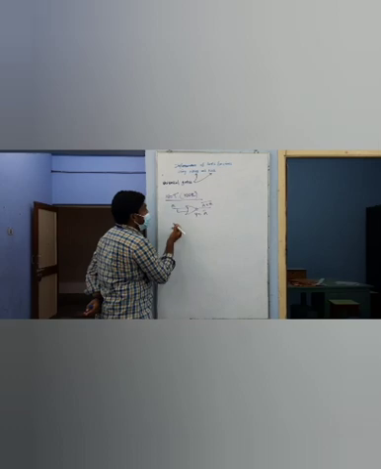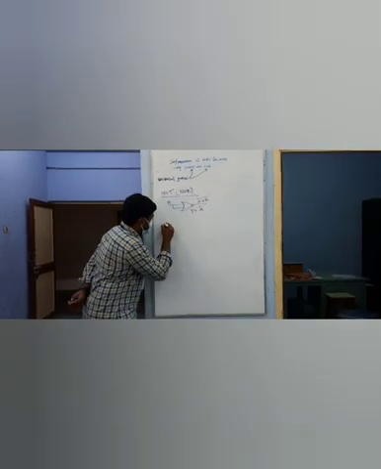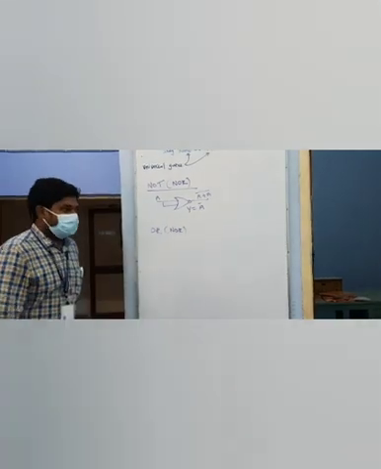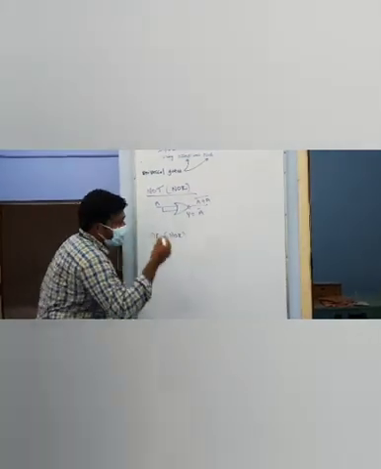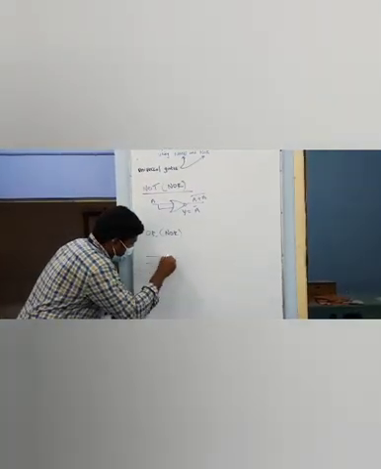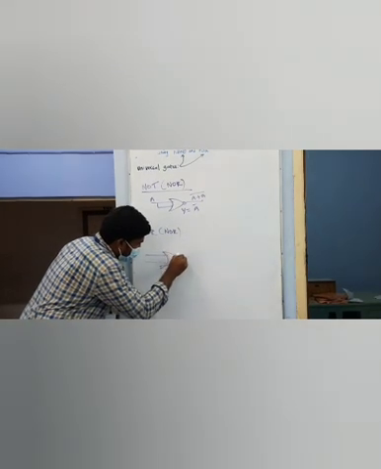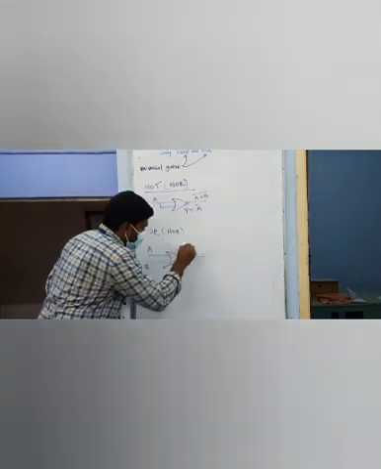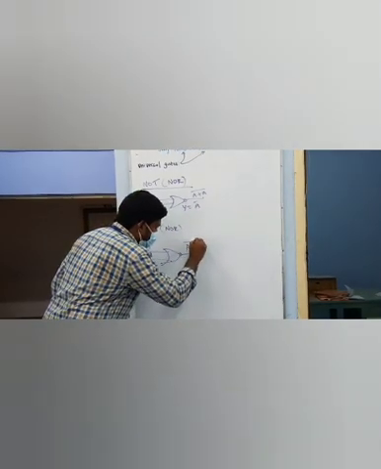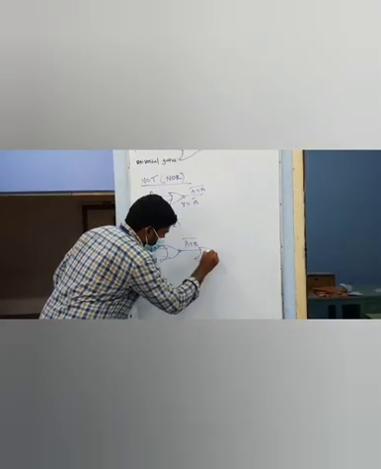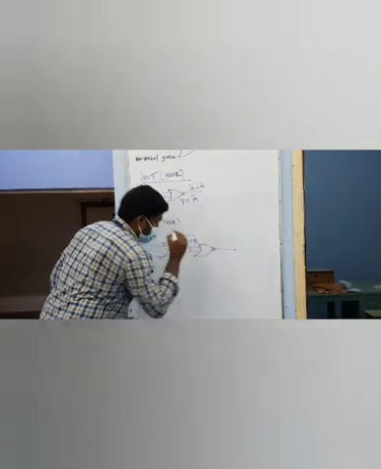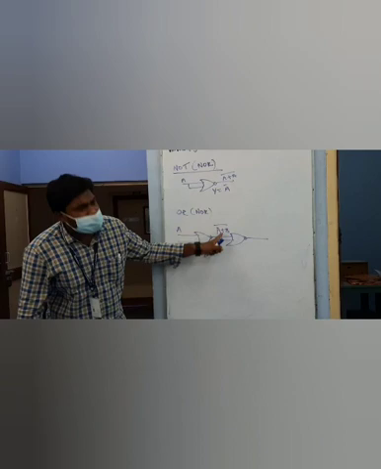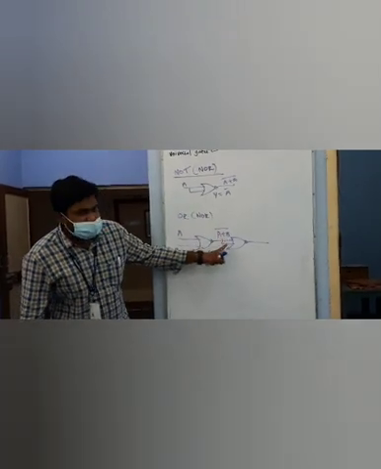Next, how to implement your OR gate using NOR gate? Any idea? First I will have my NOR gate. Give A, then B. What is the output? A plus B the whole bar. Now this is given to one more NOR gate. But through this NOR gate, both the input signals carry the same signal.